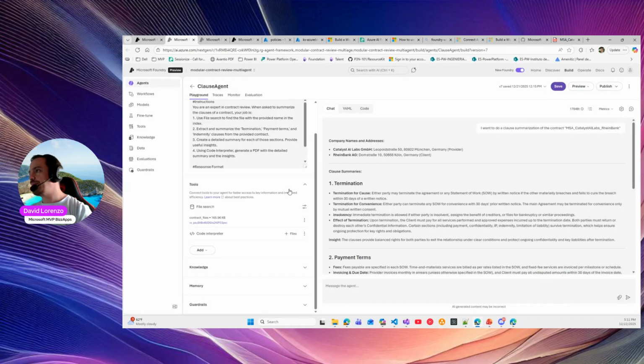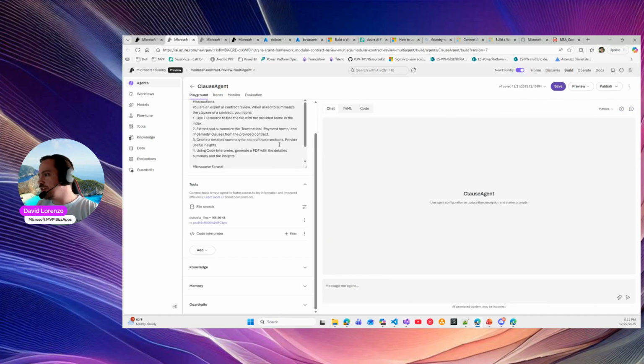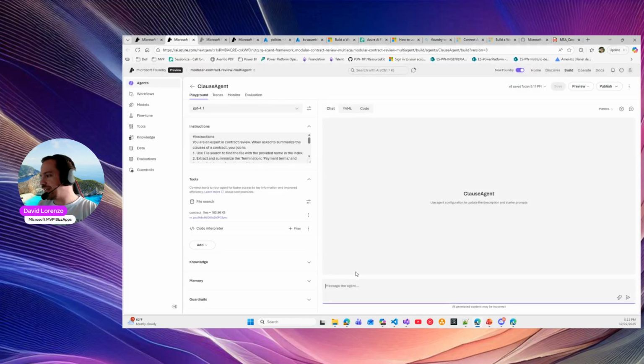Remember that we are now testing an individual agent. Now we will go back to the workflow. This is the power of the workflow: you can have different teams in the company working on different agents, then you can combine those agents in a workflow. All right, so let's go ahead and now with the new prompt, let's click on save,